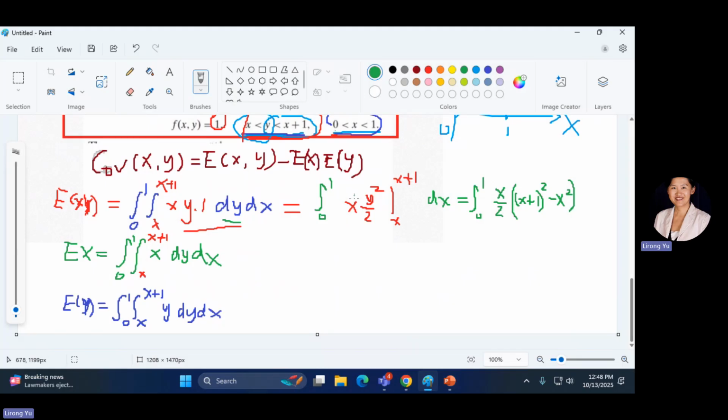So that's the whole substitution process. And then we have to do the x. Are we okay? On the inside, if you simplify, the x squared minus x squared goes away. It's just 2x plus 1. And then 2x plus 1 times x over 2. So the integration is 0 to 1. And then x times x is x squared. Then the 1/2 times 2 is 1/2. And then there's an x over 2 times